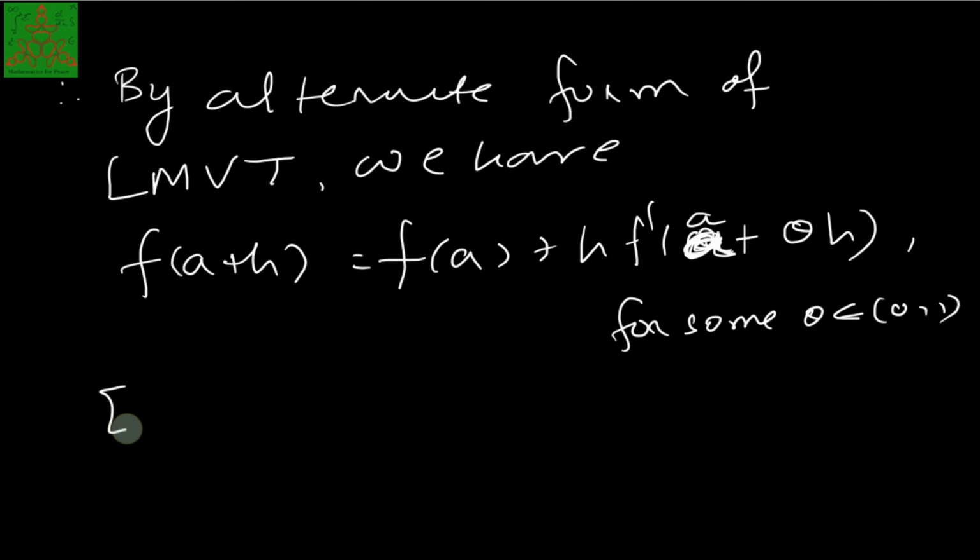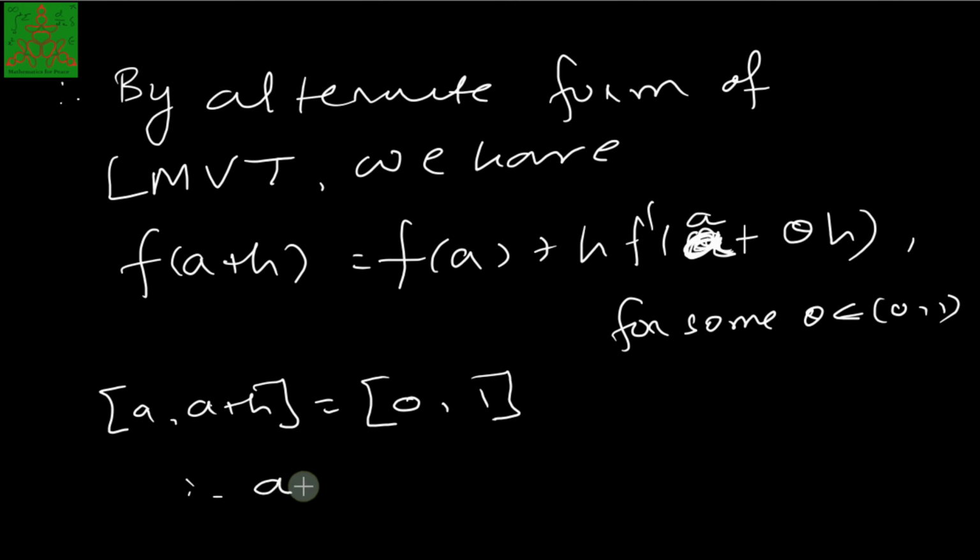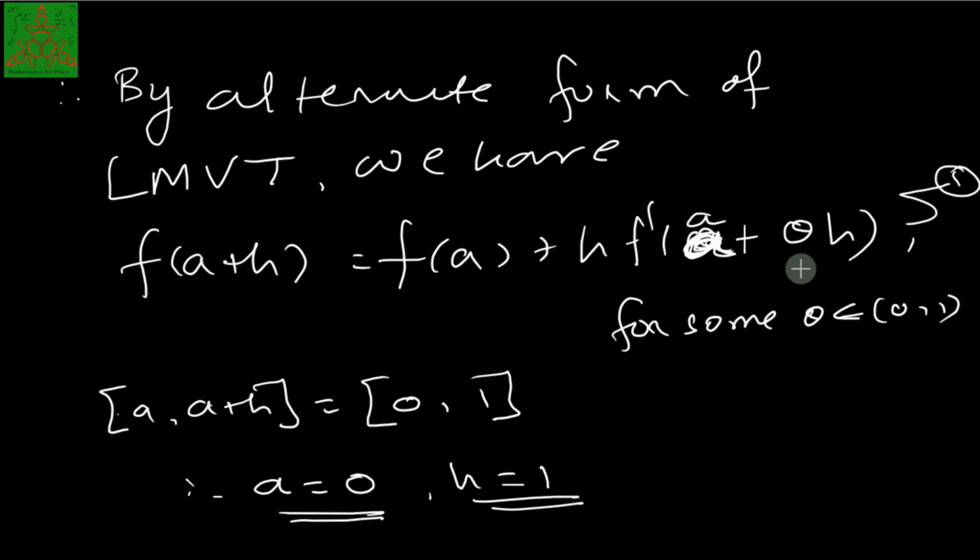Now what is a to a plus h here? The interval given is 0 to 1. So therefore the value of a is 0 and the value of h will be 1, because for a equal to 0 we have a plus h is 1. So the value of h is 1 and the value of a is 0. That we should note here. So if I call this equation 1,